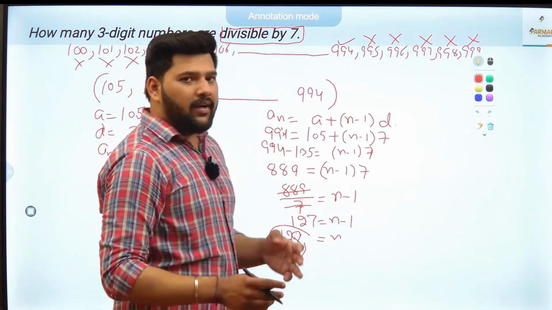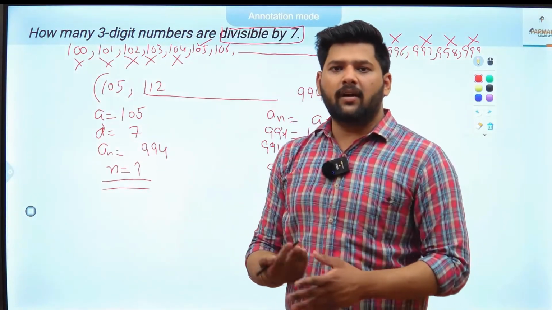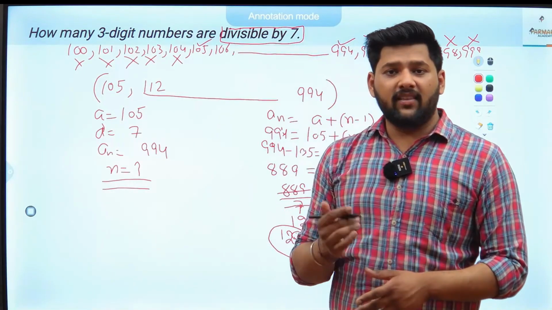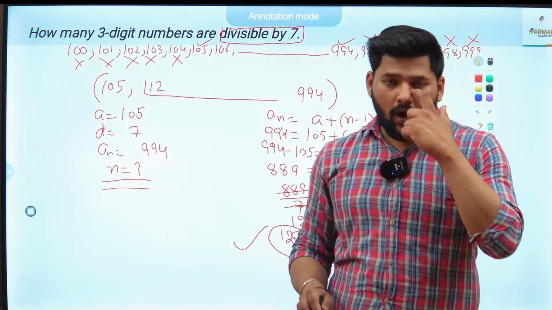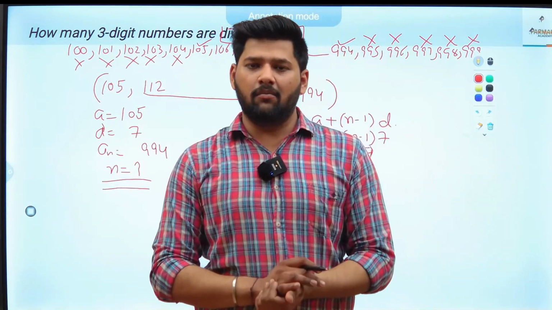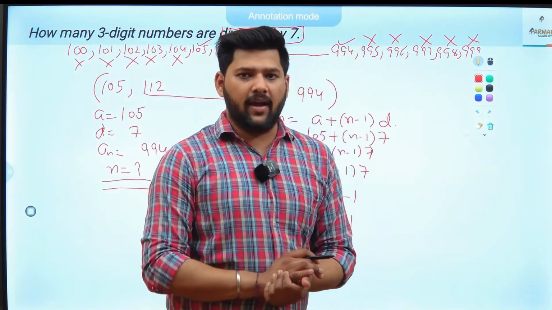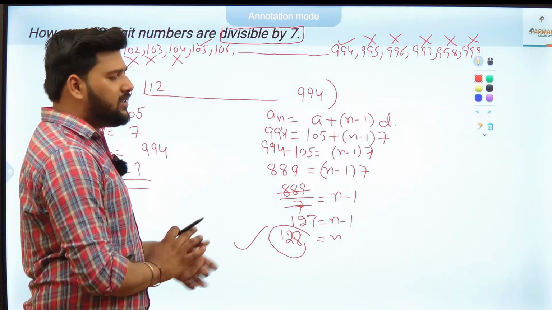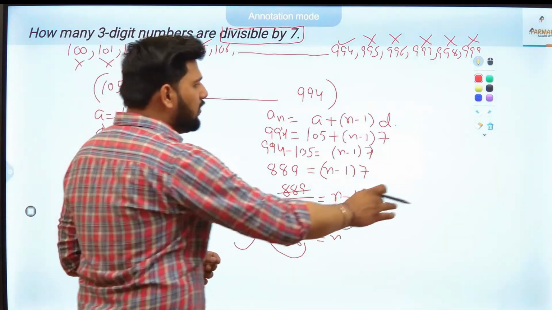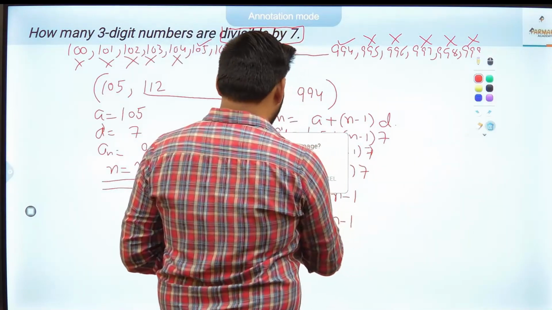So the multiples of 7 or the number that is divisible by 7 having 3-digit numbers are 128. Means there are 128 3-digit numbers that are exactly divisible by 7. This is how we can find the number of terms. This is just similar to the last question. The next one is